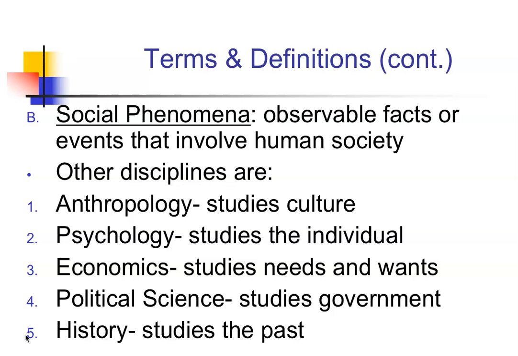The other social science, which is closely related to sociology, is anthropology, and they study culture. So they'd be looking at different groups of people around the world, and do they eat the same foods? Do they celebrate the same rites of passage? And when I say rites of passage, obviously in America, when you're 16, the big thing that happens is, I'm sure you know, you get your driver's license, right? So it's kind of a mark of an adult. And when you're 18, you can vote and all sorts of things, and 21, obviously, purchase alcohol, that kind of thing. So in other cultures, though, what rites of passage do they have to mark that they are now an adult, or they can get married or date or start a family?